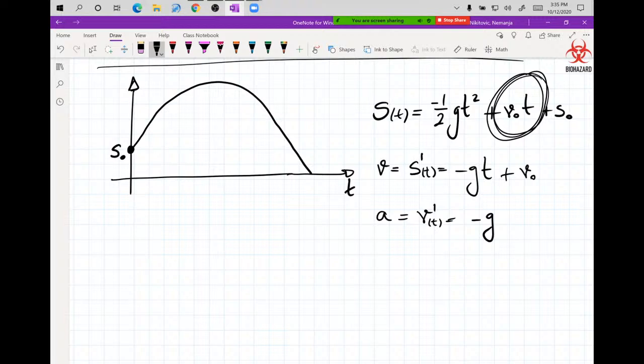So v0 in that case is 0 because there is no initial velocity. But if you want to toss something to go any further in any direction, you have to give it some propulsion. So you have to throw it, or you have to strap a rocket on it and propel it, right? So